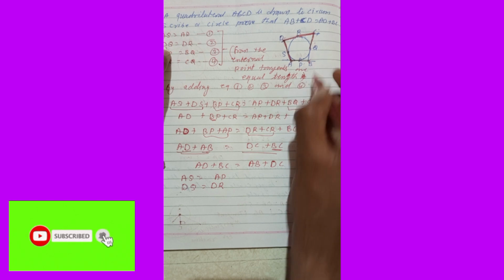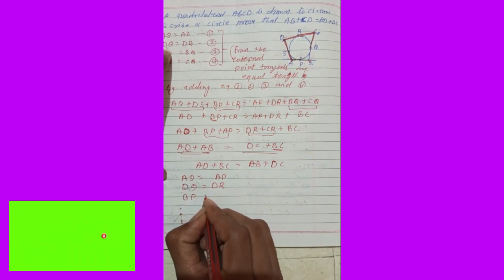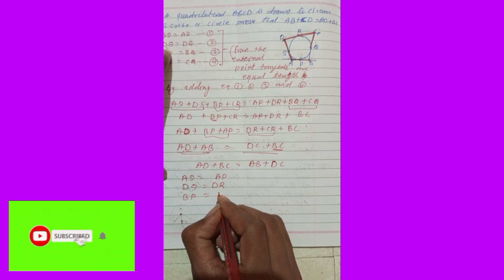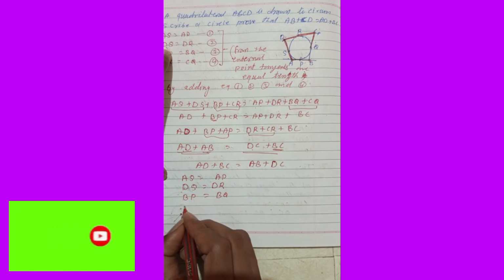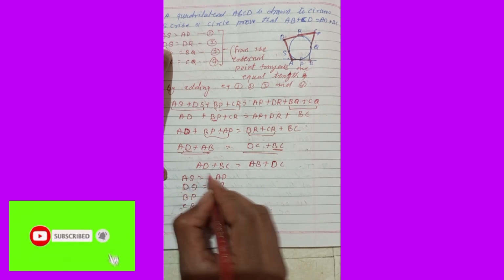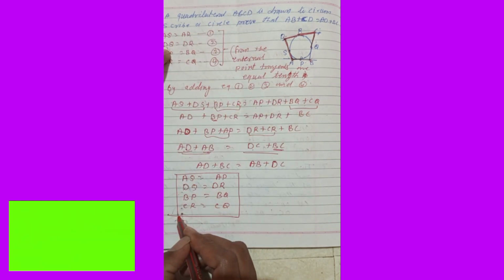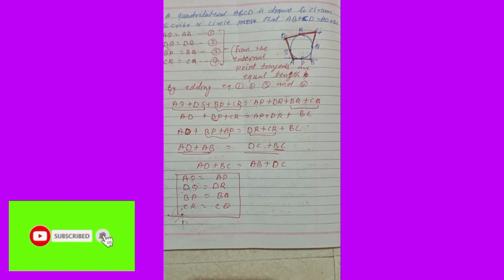Now we are going to define the DC, this B side we are taking. So BP plus BQ. BP is equal to PB is equal to BQ. Then on this side CR is equal to CQ. If we add it, the same things will come, because the lengths of tangents drawn from an external point to the points of contact are always equal.